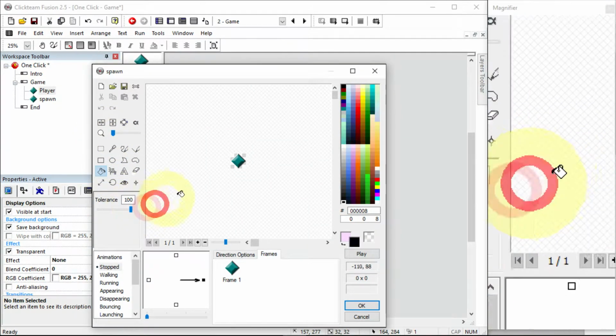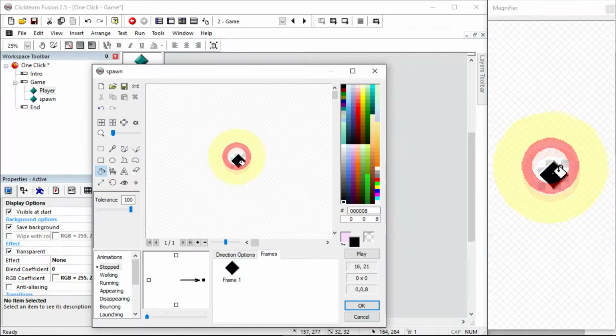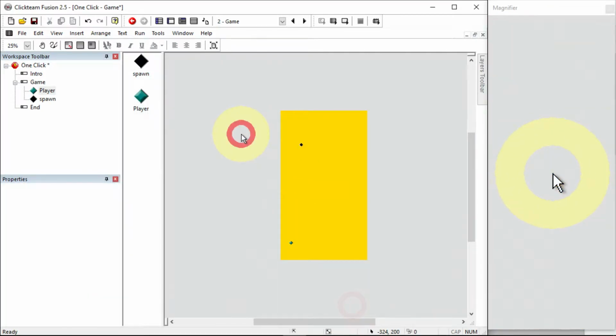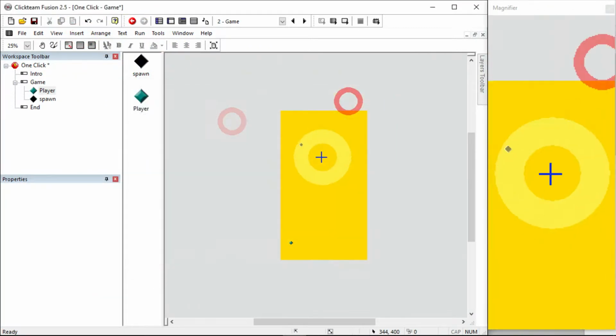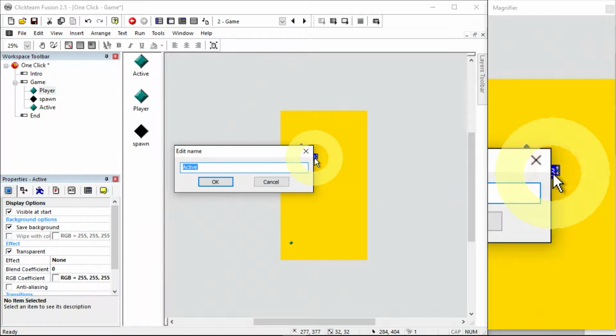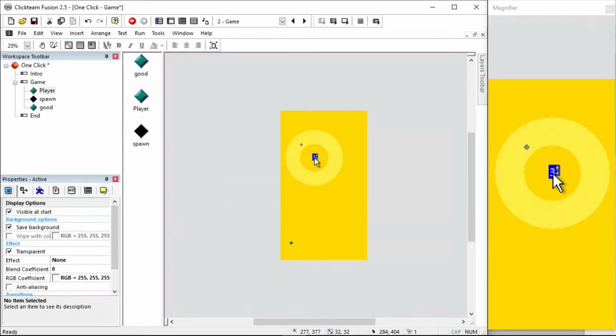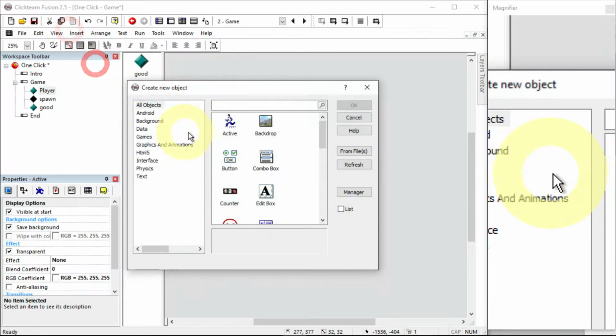Change the tolerance up nice and high so that it can fill in most of it all at once. Okay, so there's a spawn point. I'm going to add another new object, active. Okay, drop it down. This is going to be something good, a coin, and then insert another new object, something